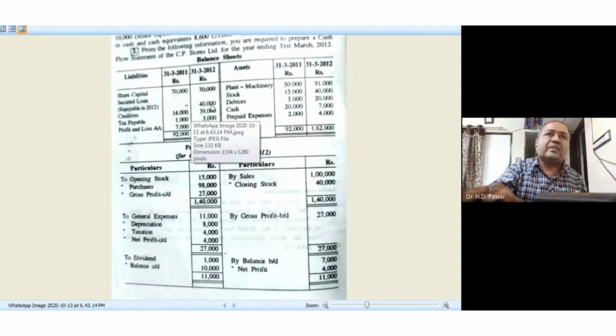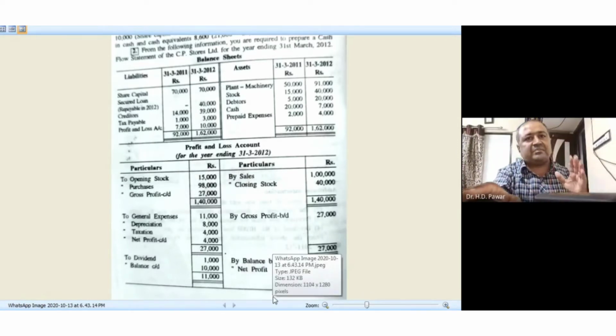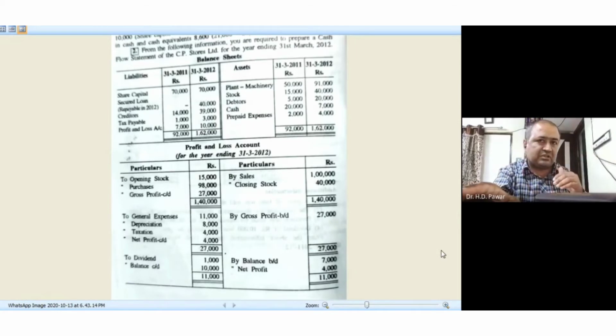Okay, here this profit and loss account is directly given to you, correct? And direct method means direct approach. There is no reverse effect like an add back or less back system. Okay, neither add nor less, nothing, directly, simply direct. Okay, income means sales, and expenses means purchases and other expenses like that. Non cash transactions are not included, they will be excluded, or we can say ignored, and will not be considered.